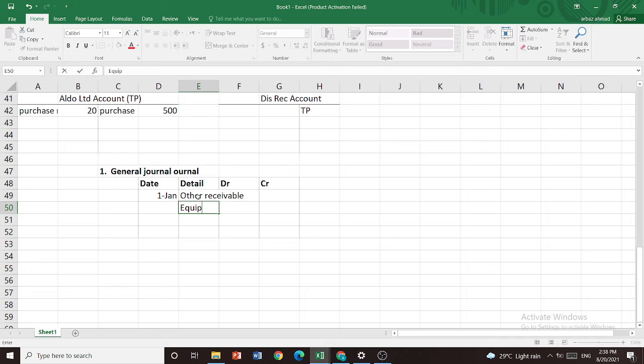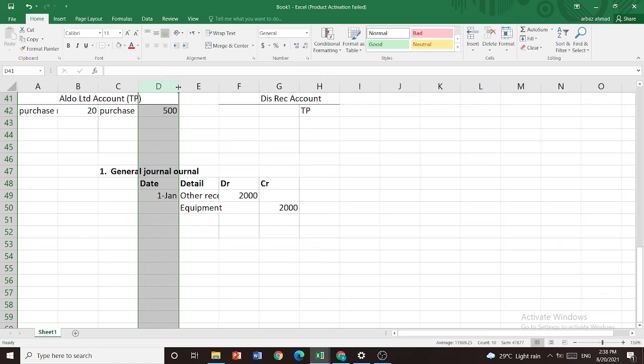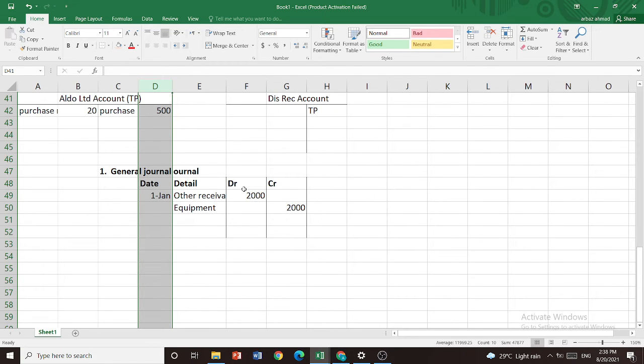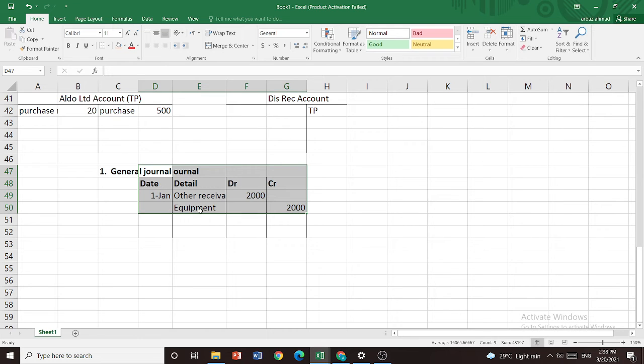So our equipment goes out, for example 2000, and we will receive the money later. When we receive the money, this entry will go in the cash book, okay. Another example,